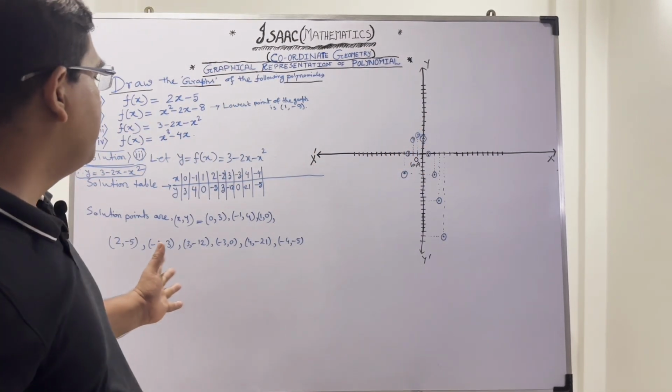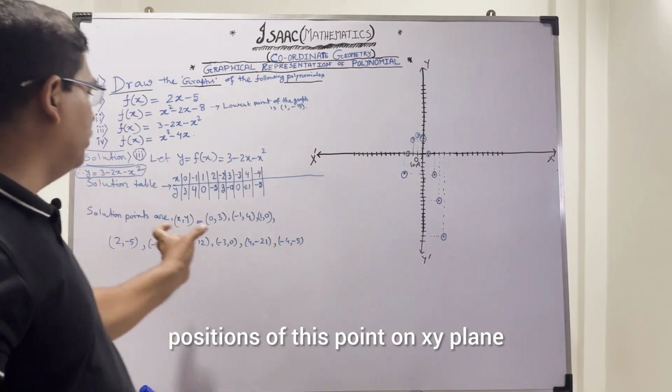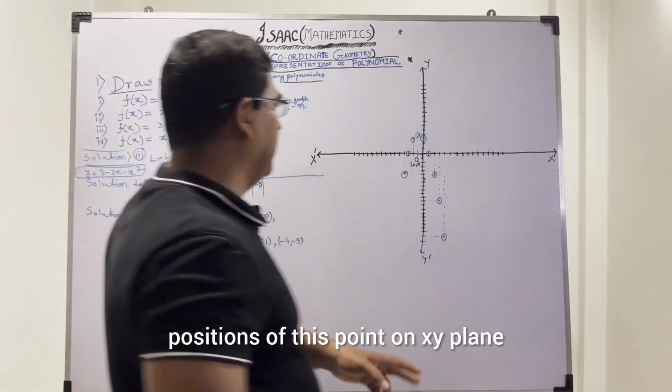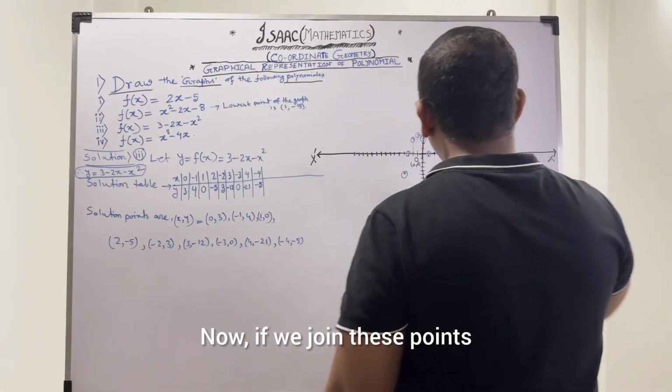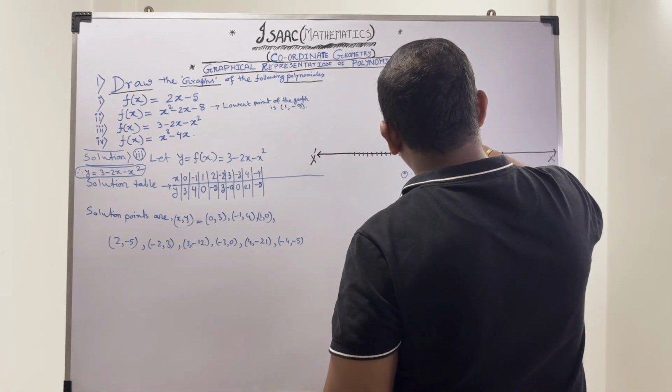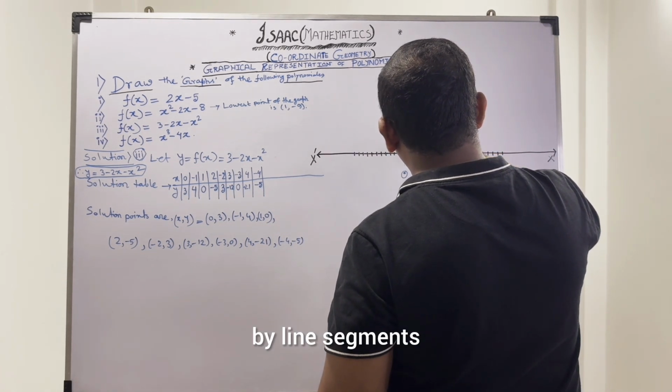So these are the positions of these points on the xy plane. Now if we join these points by line segments,